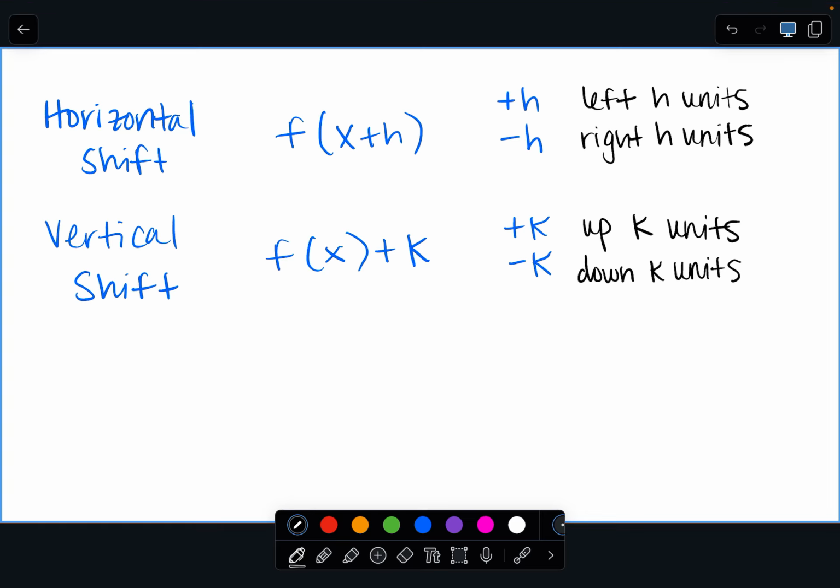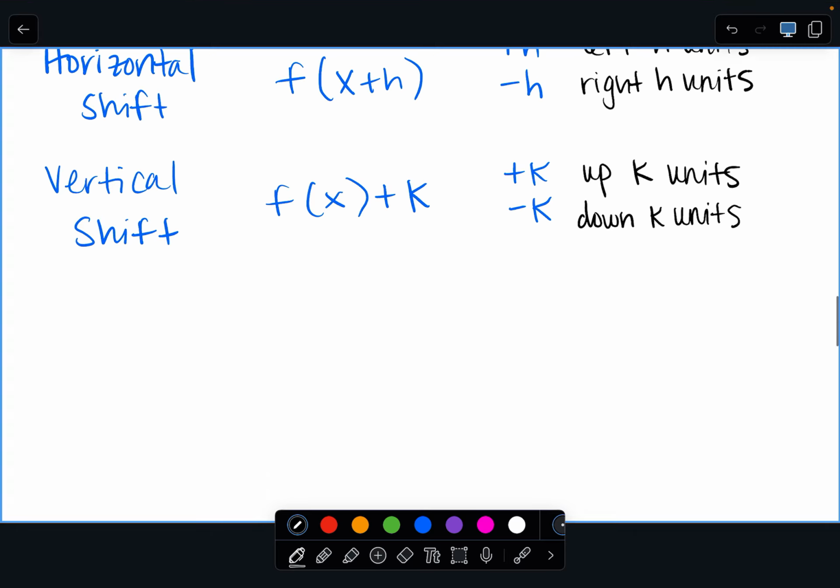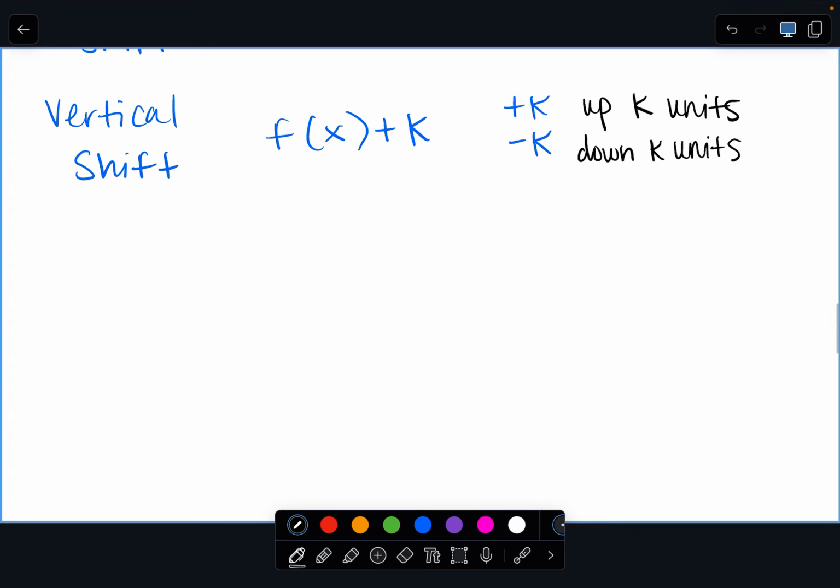So we have our shifts, left, right, up, down. A lot of you are probably familiar with this because you may have seen some of it in your Algebra 1 class. But again, like I've said at the very beginning, I kind of teach it like you've never seen it before. So up, down, left, right. The other two types of transformations that we're going to talk about today is going to be your reflection over the x-axis